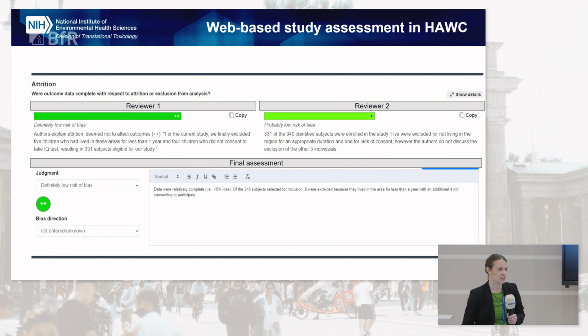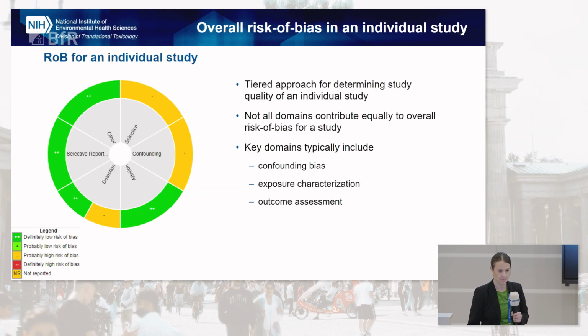Those discussions rely on expert judgment and consensus. And then what would be in your final assessment would be what you see on the bottom part of the screen, and that's kind of the agreement that the study team came to. So this pie here on the left of the screen is how we would view risk of bias in HAWK